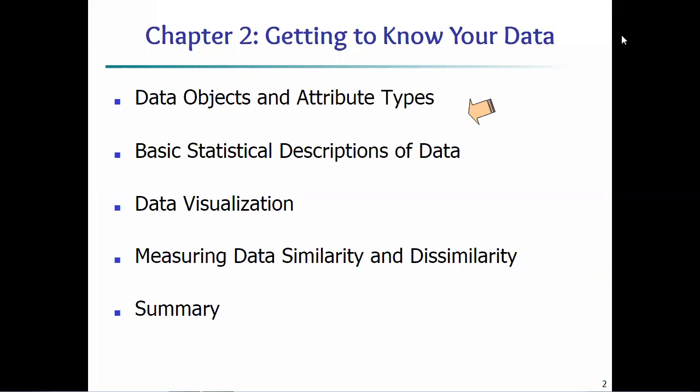Then the next part is how to remove it using some categorical data. Before going in an advanced way, you should know the basic concepts of data objects and attribute types. This is a very important part in this chapter. That's why I'm leaving yesterday's part. Now we focus on data objects and attribute types. You might be thinking, madam, why are we switching to this point? Because first you should know this part.